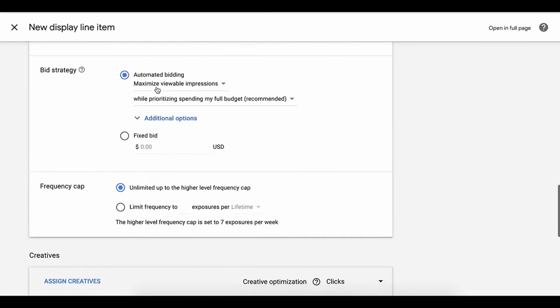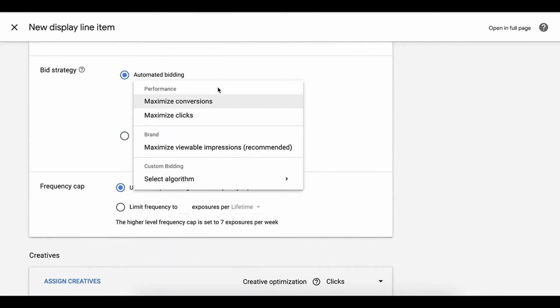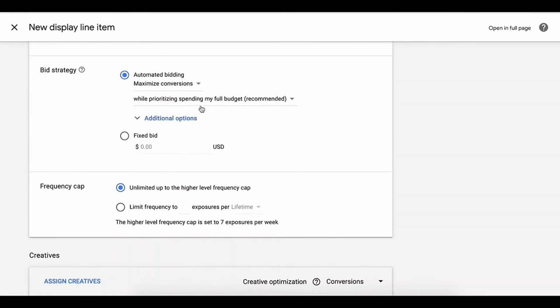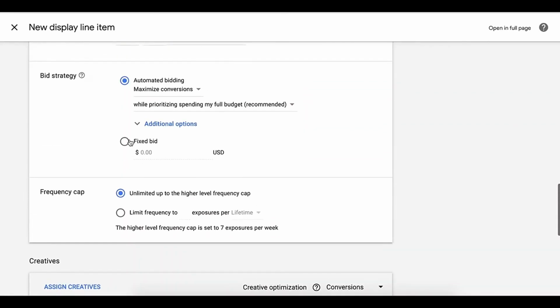Bid strategy will be maximize viewable impressions. In our case we'll select maximize conversions, and you can select fixed bid here. For example, if you want to set a particular bid, but we are just starting the campaign, so we will let the system run and we will observe what is the cost per lead,